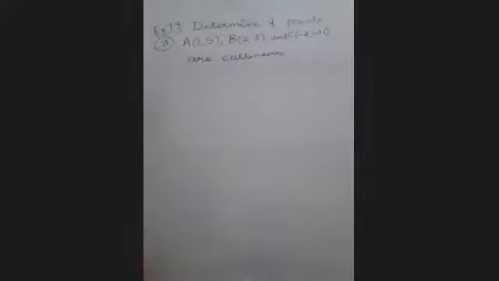The question is, find if the points (1, 5), (2, 3) and (-2, -11) are collinear. But first of all, I would like to assign names to them so that it becomes easy. Let me name them A, B, C, or P, Q, R, whatever you want. So I've given the points names.